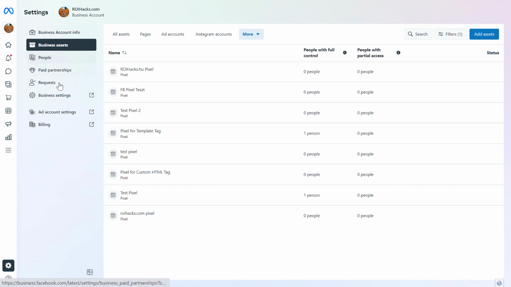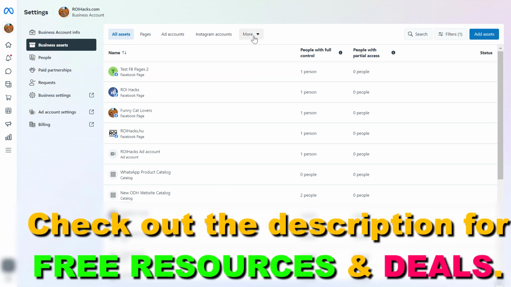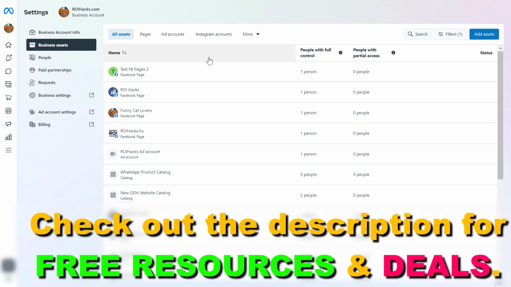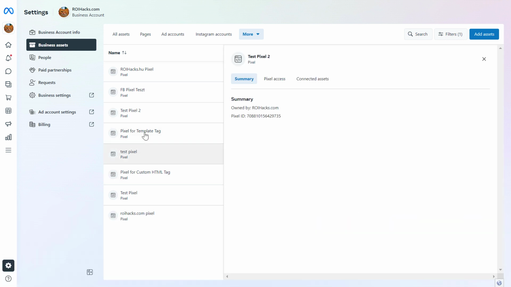Then from the list here, select business assets, and this will show all the assets that have been added to this Facebook Business Suite account or Meta Business Suite account. Then to find the Facebook pixels, we have to click on the More button here and select Pixels. And this will list out all the Facebook pixels or Meta pixels that have been created in this Meta Business